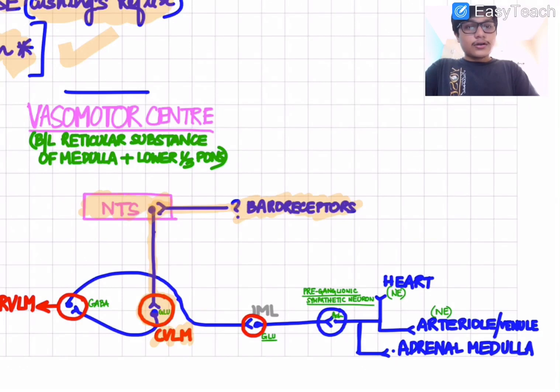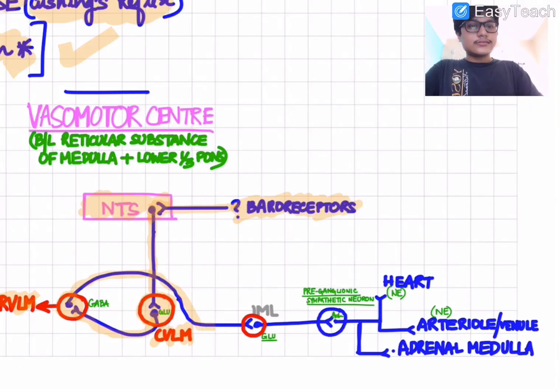From the CVLM arise GABAergic neurons, which supply the RVLM. RVLM is known as the rostral ventrolateral medulla. From the rostral ventrolateral medulla